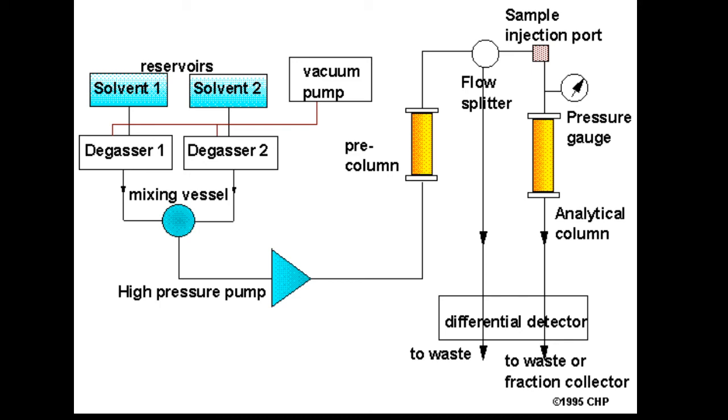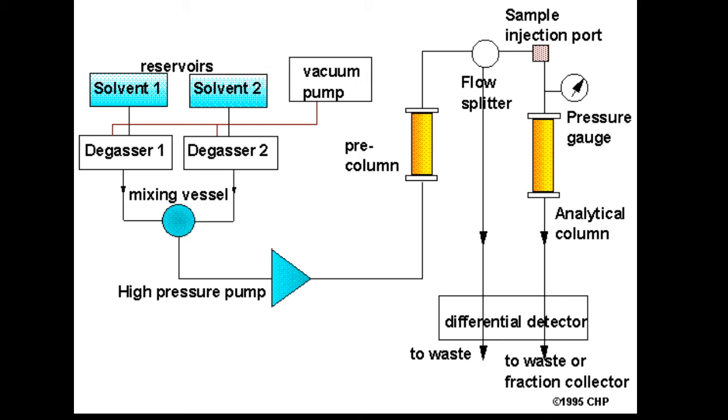Now the main part, the analytical column, is also called the heart of this instrument, because whatever separation takes place, takes place in the analytical column. Different types of columns are available. Packed columns are there, in which pellicular or porous types of columns are available. Then capillary columns are also available. All these are manufactured columns. It depends on which type of solid inert support and which type of stationary liquid phase we want. So we can take that type of analytical column.